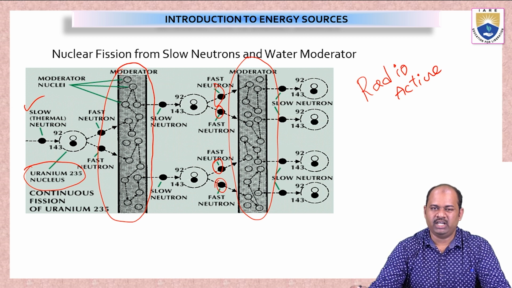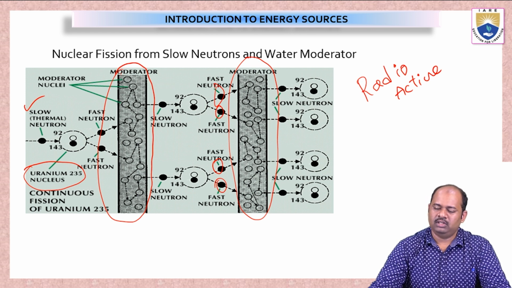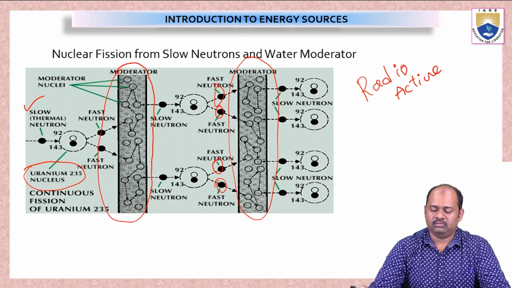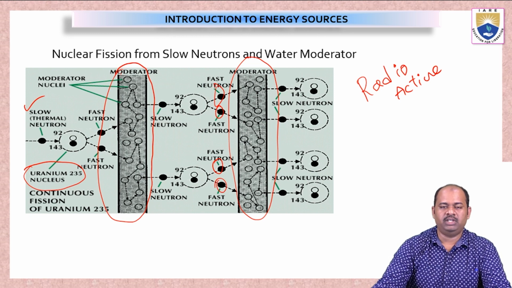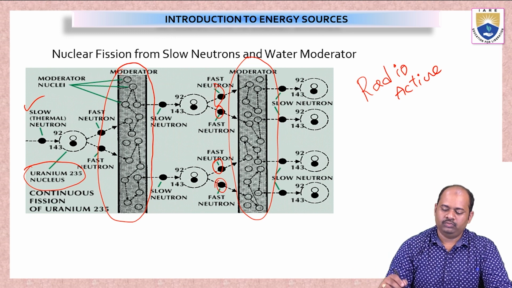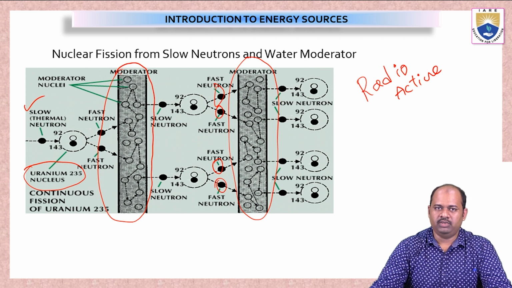They will give out some radiation. This radiation is very harmful for any human being, animals, and plants, because it causes cancer. So the radioactivity of these elements is very bad for the surrounding people or the animals living around the nuclear